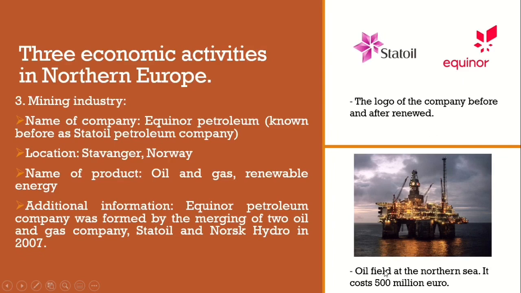And this diagram shows the oil field in the North Sea, where I read this particular oil field costs 5 million euro. Once you look at it, you might think it's a mall because it's so bright with lights. But again, you see it's an oil field, not a mall. Additional information about this particular company is that Equinor Petroleum Company was formed by the merging of two oil and gas companies, which are Statoil and Norsk Hydro, in